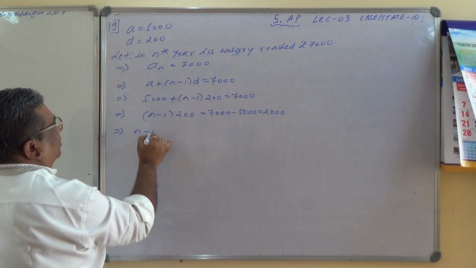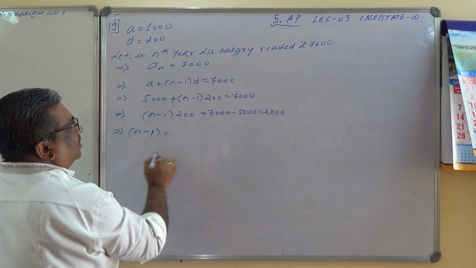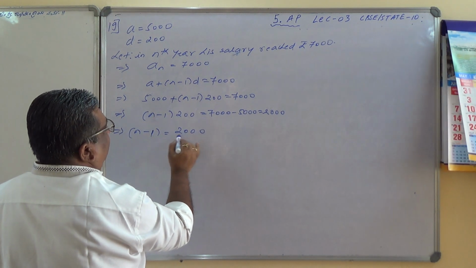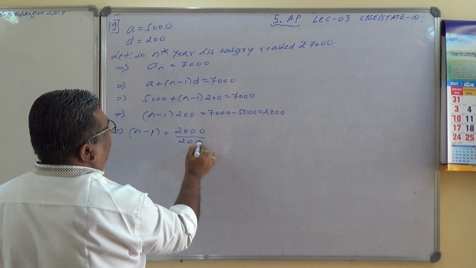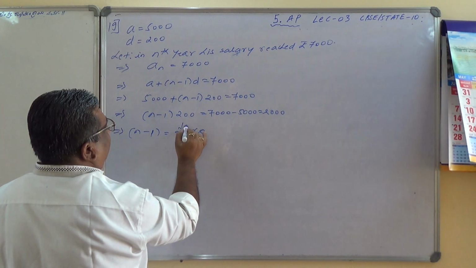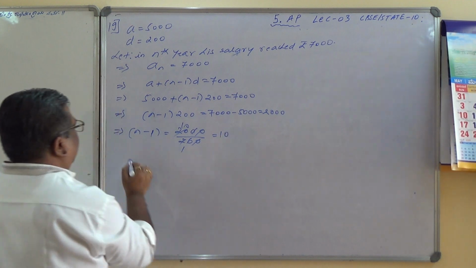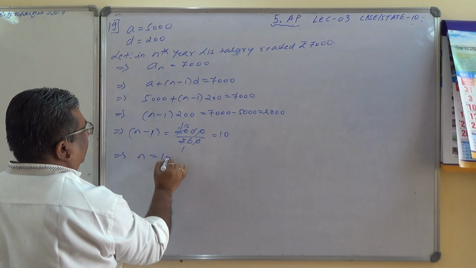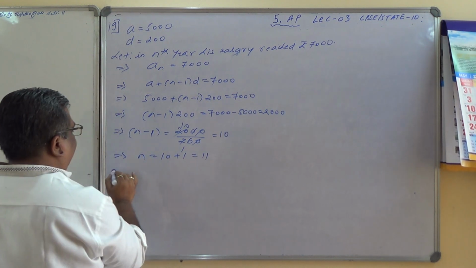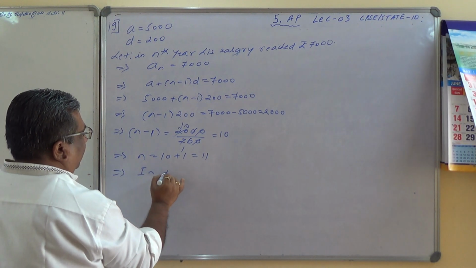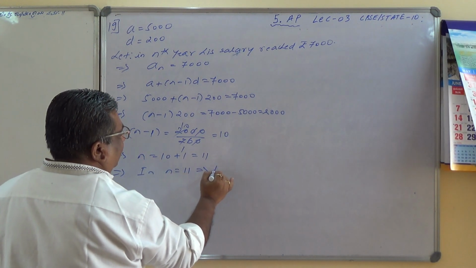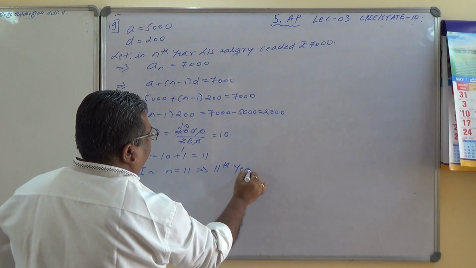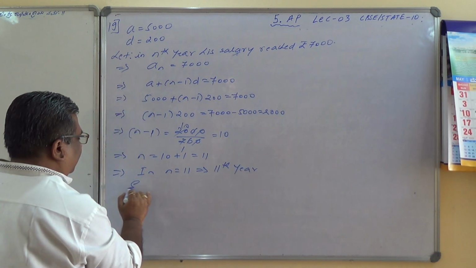So n minus 1 equals 2,000 divided by 200, which is 10. Implies n equals 10 plus 1, which is 11. Therefore, n equals 11, the 11th year Subbarao's salary